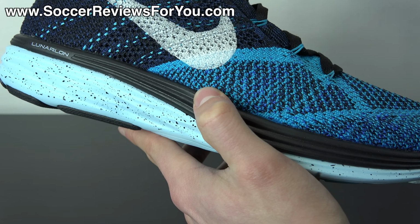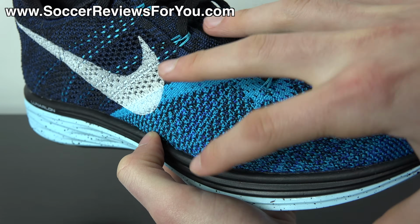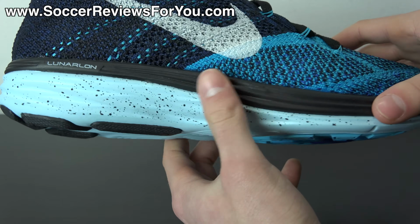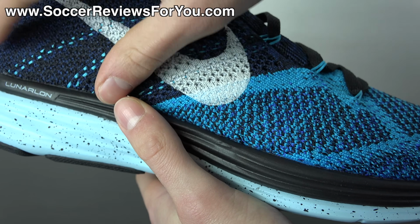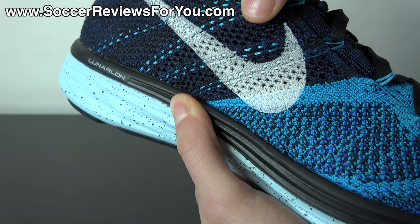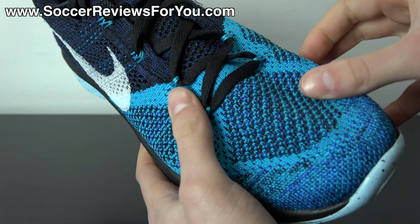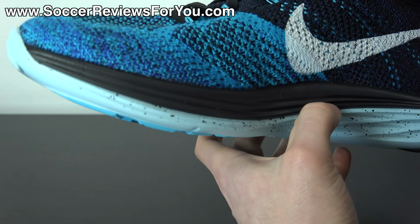So from here up, the tongue is completely separate, whereas from here down, it's kind of just like an internal sock-like enclosure, which I think is really, really good, and it feels pretty good on your feet. You can find that through the midfoot. There is some more open ventilation here, and the midfoot area overall just has slightly more rigid and structured Flyknit material. It's a little bit stiffer, whereas this is a lot more soft, flexible, and does have a slight amount of stretch to it. You can see it's pretty much mirrored on both sides, and it just feels really, really